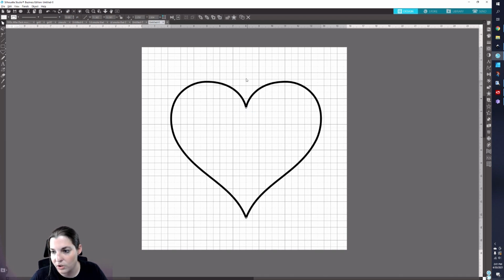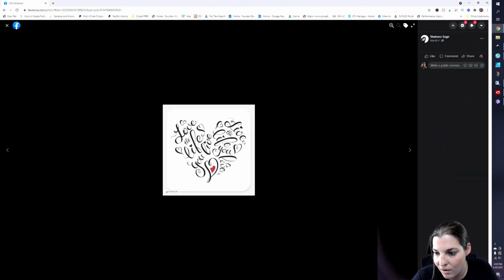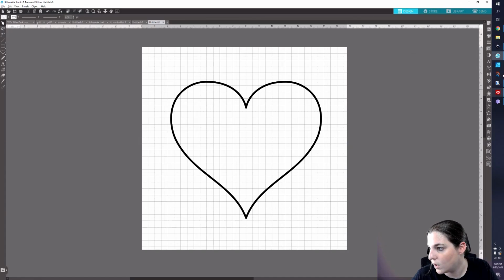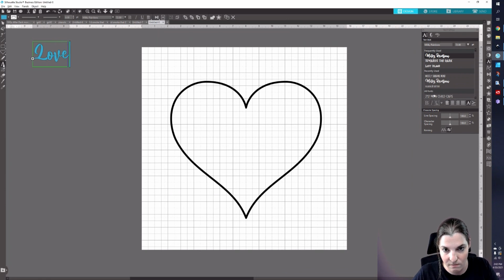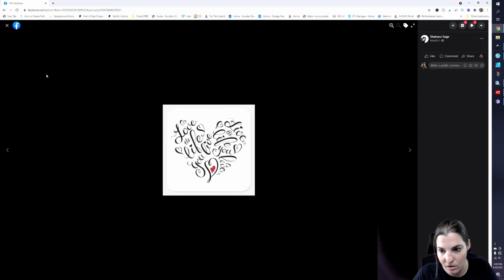Okay. Usually when I do something like this, how I start out is I will just type out what words or phrases I want to put in here, and then try to manipulate them to fit the space. So in this case, we're going to have love the life you live and live the life you love. I'm going to go ahead and do it in a script-based font, and I'm going to type out each word individually. So love the